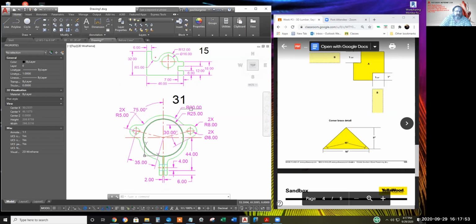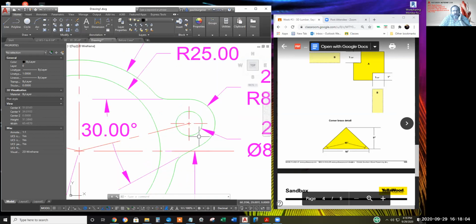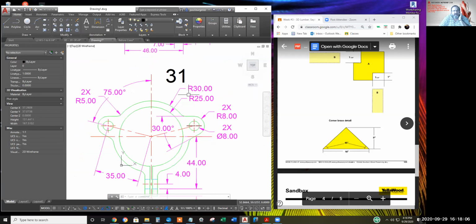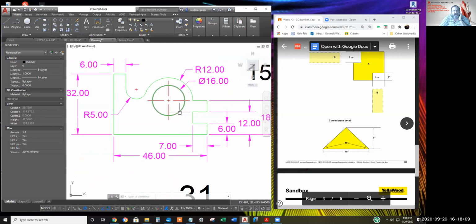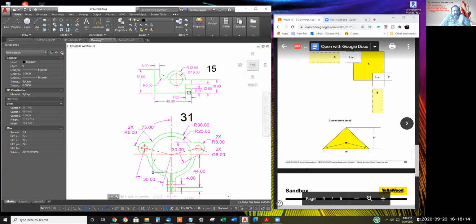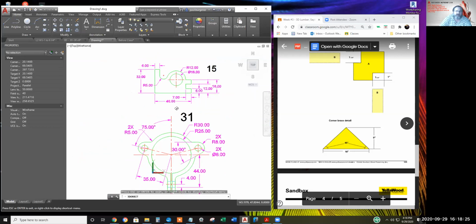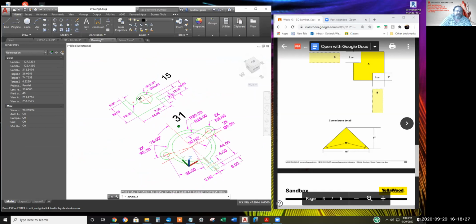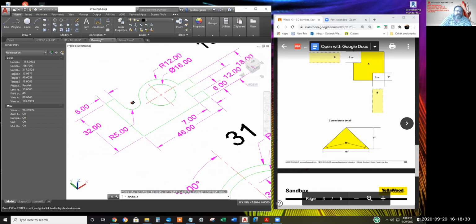Some of you completed the homework last week, Exercise 15 and 31, excellently, even though I forgot to show you how to subtract away the holes. And there's a hole in 15 here. A couple other students didn't successfully P-edit join all the arcs and lines for the perimeter together, and ended up extruding it into simple surfaces. Let me show you what happens when you extrude it into simple